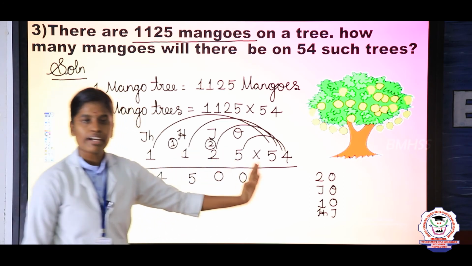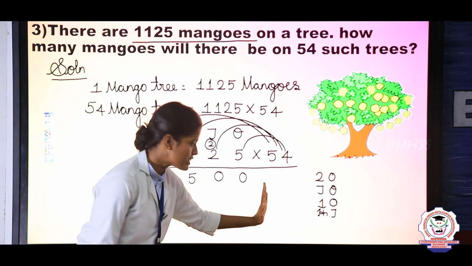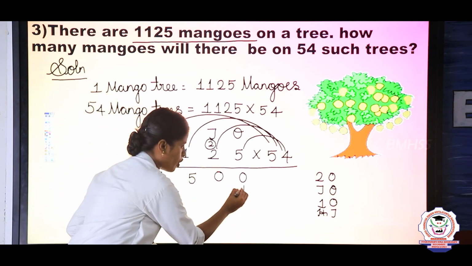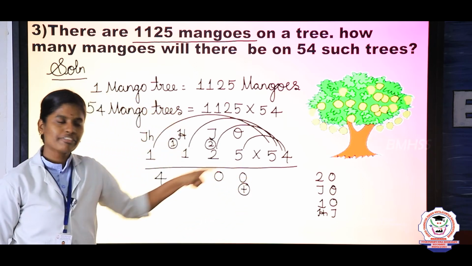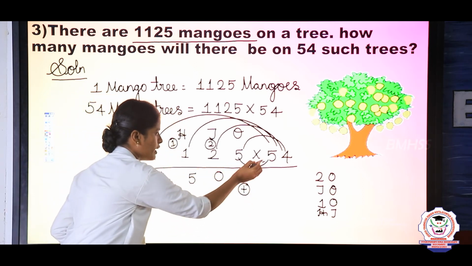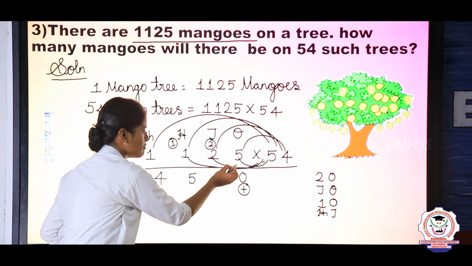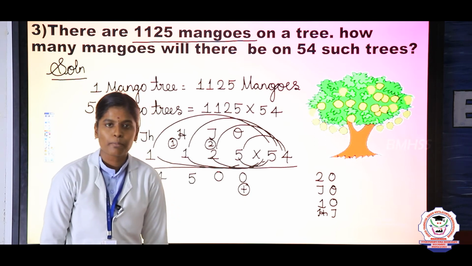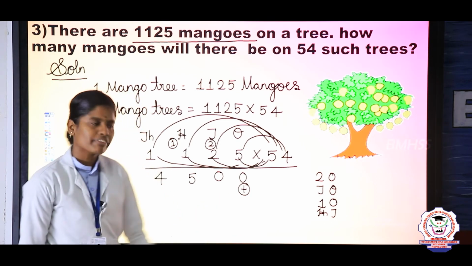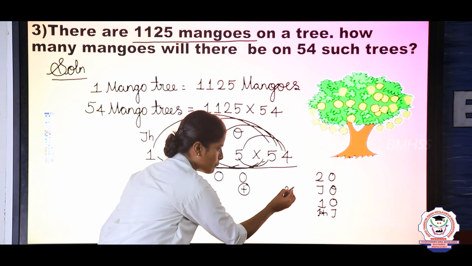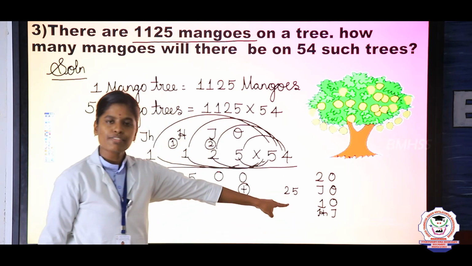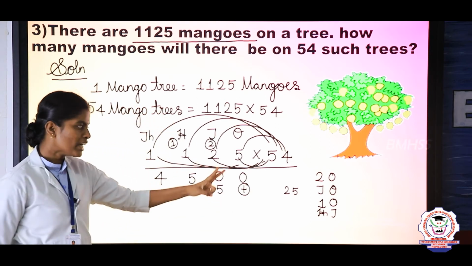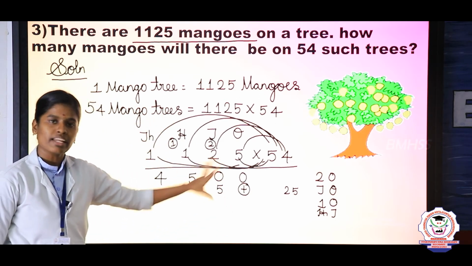Next take 4 1s are. The next number is 5. So it is in the tens place. You should start from tens place onwards. So in the ones place itself put a plus or 0. Take 5 5s are and 5 2s are and 5 1s are and 5 1s are. Okay. Now tell me Nishant, what is the answer? 5 5s are 25. So here too we got a 2-digit number. So listen my children, this 5 you are going to write under the tens column. So the other digit will be in the carry place, keep it there itself.